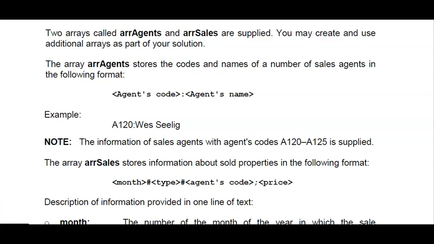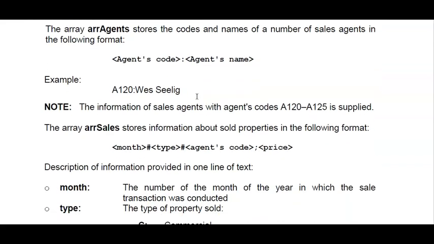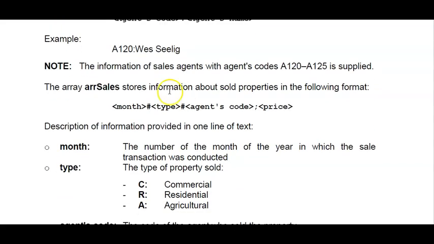The first part of this question is just showing you what has been provided. There's an array agents, that's a one-dimensional array, and it looks like this. You can also see it in your data files. It's got a code for each agent, and then a colon and their name, and here they give you an example. And then we have another one-dimensional array, that is array sales, and they explain to you here what it contains. All the agent codes, 120 to 125, all of them then appear in here for the sales